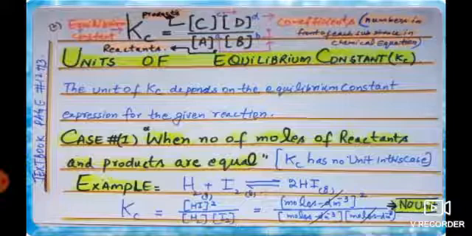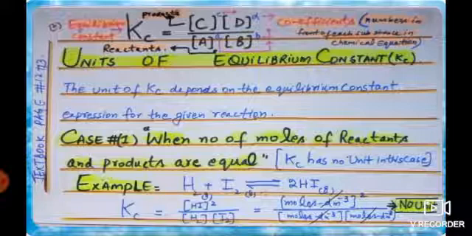Like as they have shown, when we write the equilibrium expression Kc and put the unit in each case, for hydrogen iodide there is a power of 2, so we will write moles per dm cube whole power 2, while below for each reactant we will write moles per dm cube, moles per dm cube. So they all will cancel out each other, and in the result there will be no unit when the number of moles of reactants and products are equal. The brackets show the concentration.